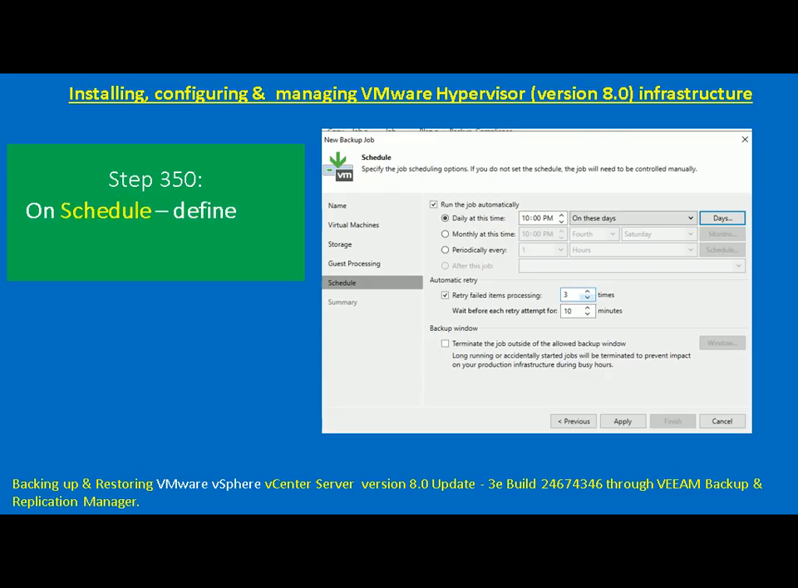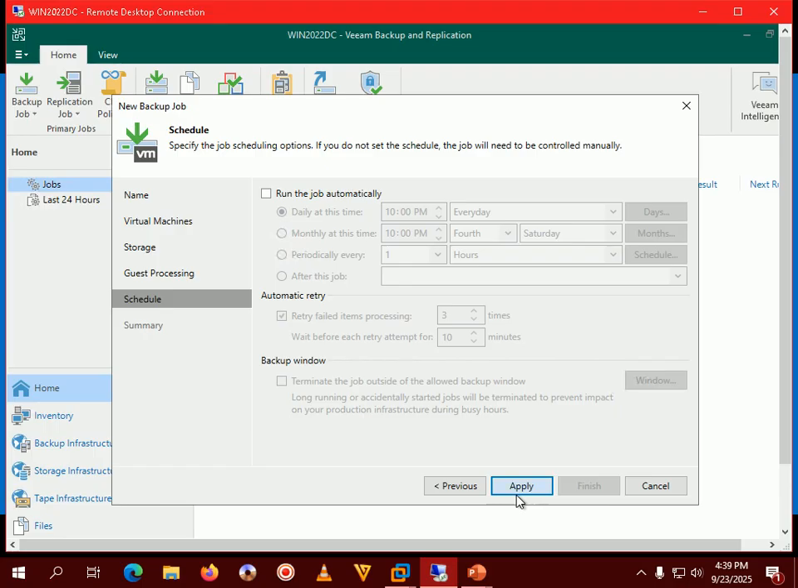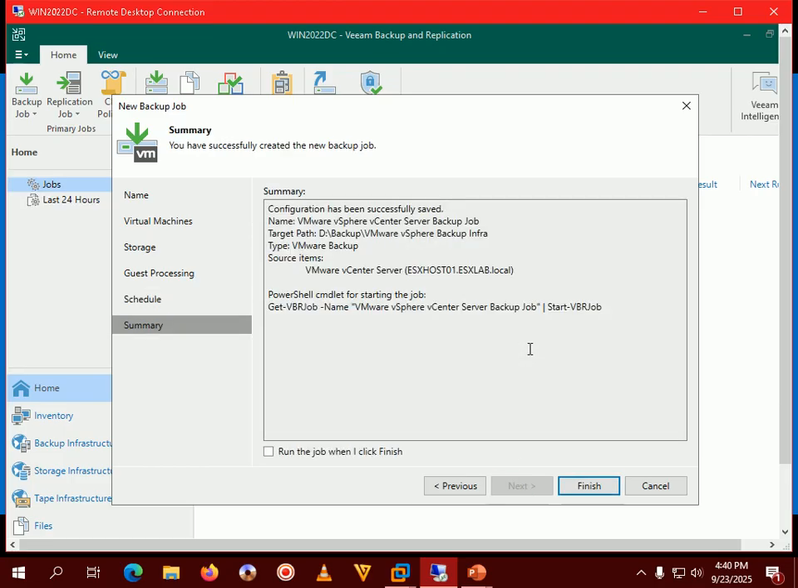So next is on schedule. Define your preferable schedule and click apply. So here this is the most important window. This backup job will run on a particular schedule, so you can choose whichever schedule is best suitable as per your production infra. So either daily 10 p.m. and then every day, or you can choose whatever. So I'm just keeping daily 10 p.m., that's fine, and finally I'm clicking apply. Okay,